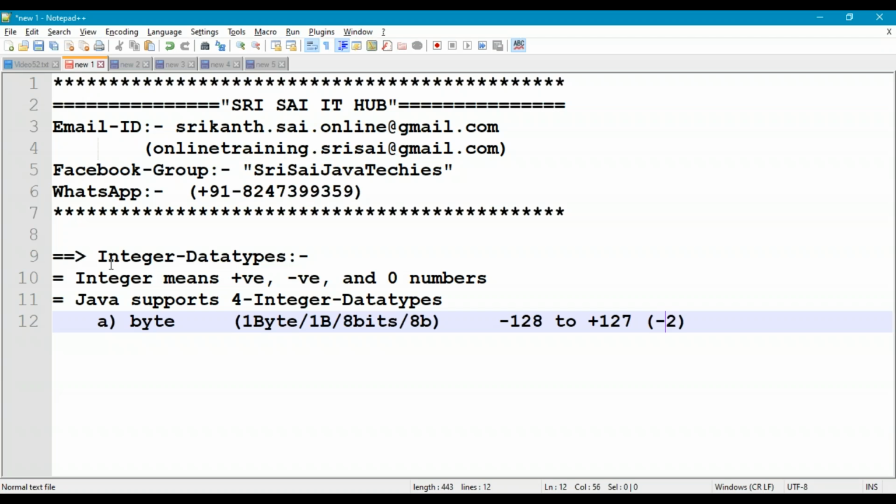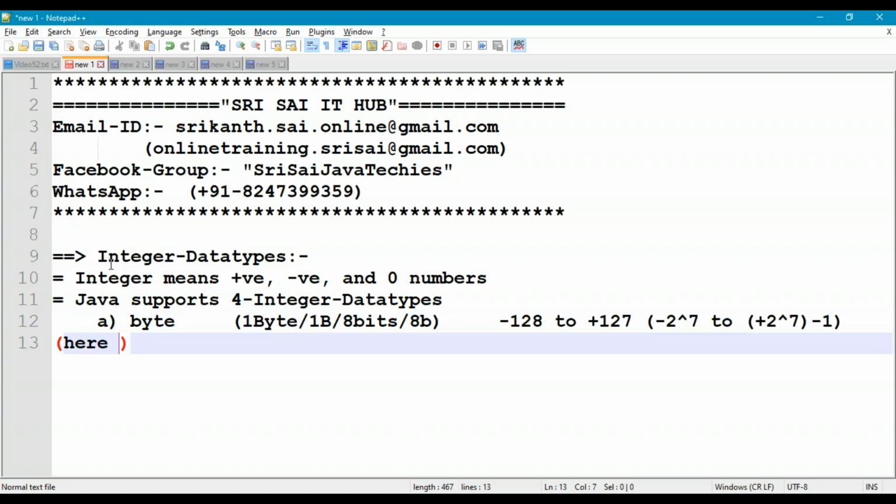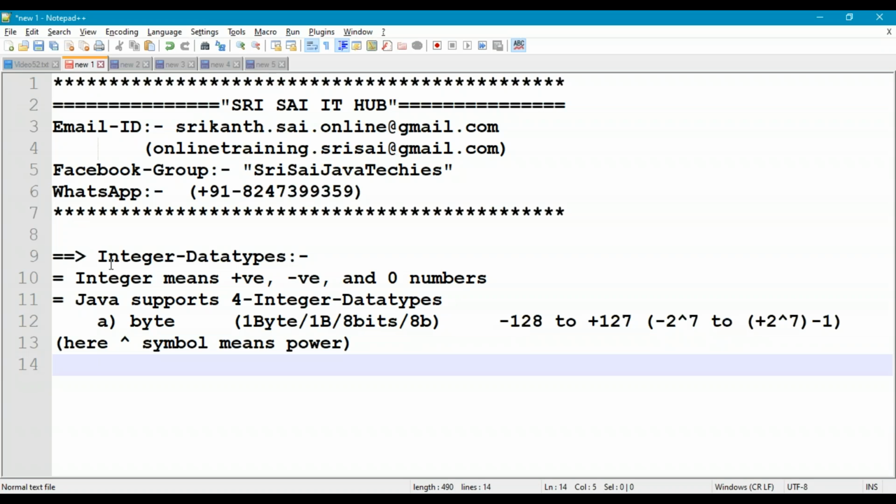-2 power 7. Okay, so I'm taking cap like a caret. So -2 power 7 to +2 power 7 -1 on the positive scale. So that is the reason why we'll have only till +127, because 0 is also included in that. Okay, right? So here cap means power. So cap symbol means power. So -2 power 7 to +2 power 7 -1. The second data type is